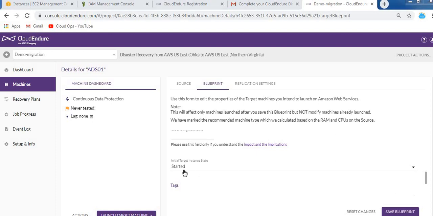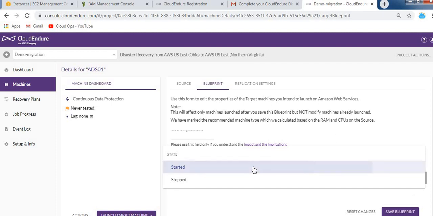So the initial target instance state, here it is. After replication is done and migration is done, how do you want your target machine to be, started or stopped? I want it started, so let it be started.